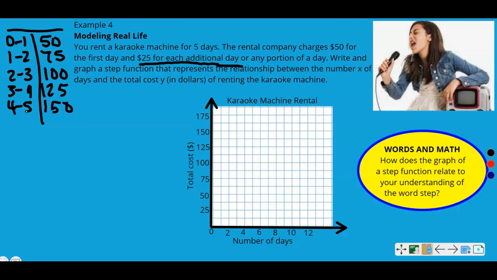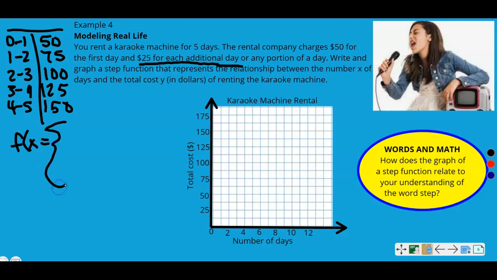All right, so this is going to be a step function. The reason it's going to be a step function is because this is a whole 24-hour period. From 0 to 1, it's the same cost no matter what. So it's going to be a constant function at each day, but it's going to be written as a step function. So if we look at this, we can say f of x